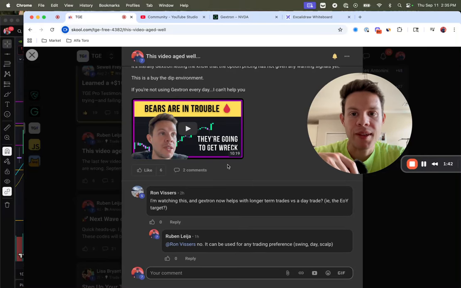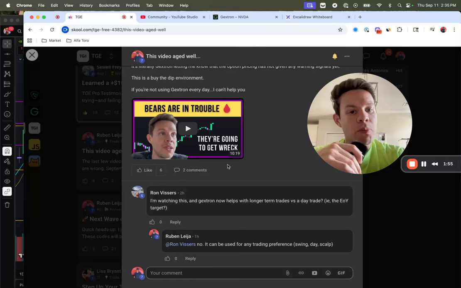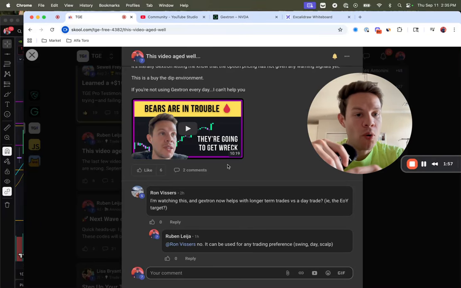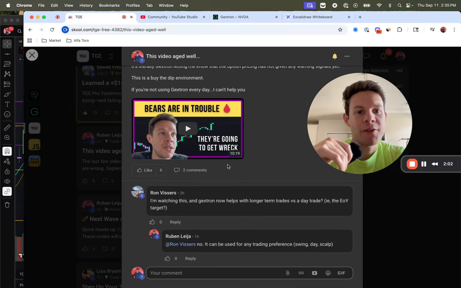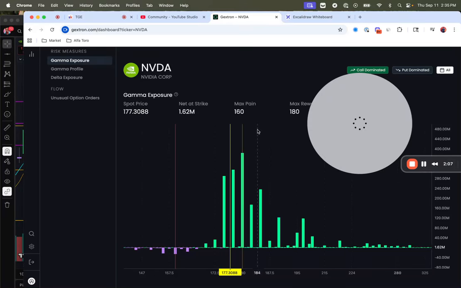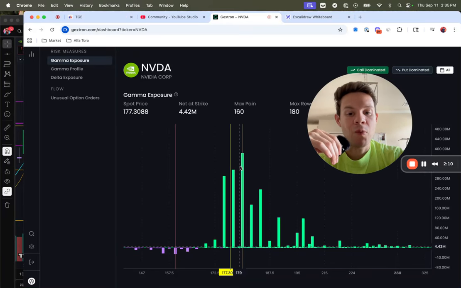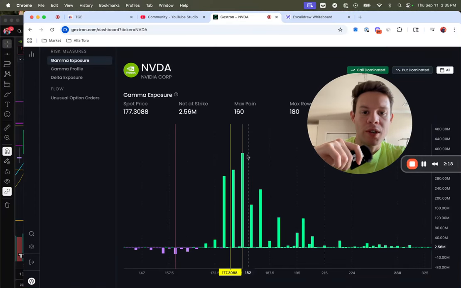At the end of the day, Gextron gives you price targets for the quarter, for the week, for the month, for the year, and also what is getting in the way of that, which is support and resistance levels, but not just support and resistance levels, but how strong those levels actually are. You don't have to go through all that technical analysis to figure that out on different time scales. It's as easy as going into the dashboard, looking at this page and saying, okay, 180 is the biggest level of resistance right now. With that said, let's get into Nvidia and why I am shorting this stock.